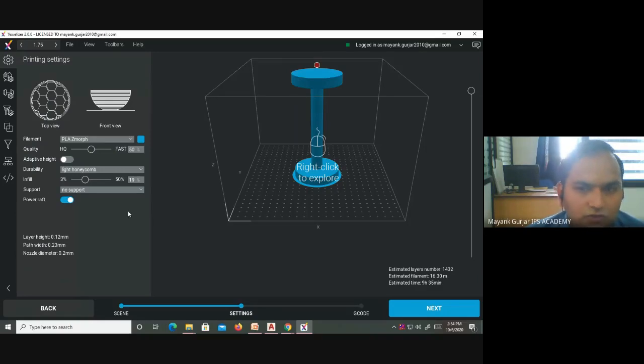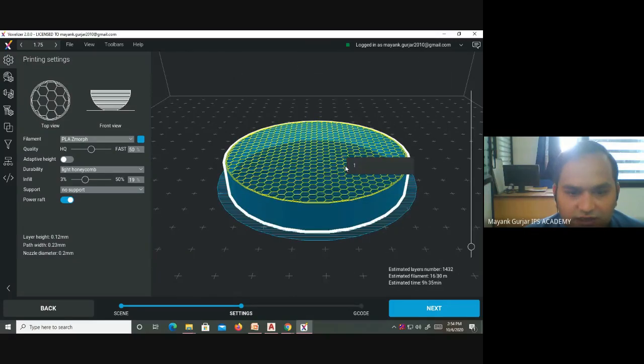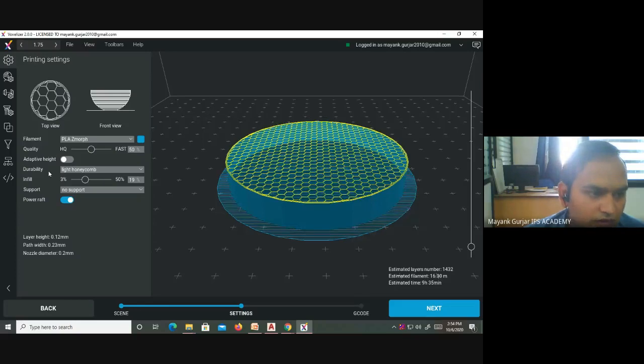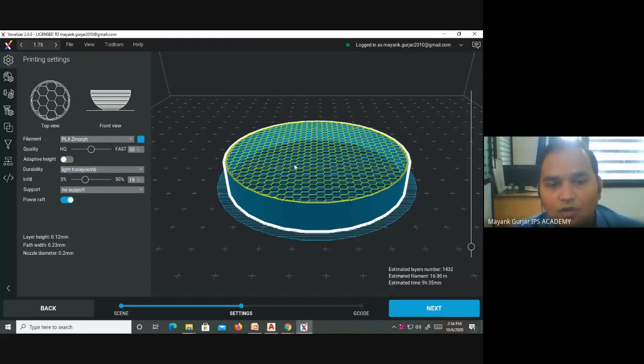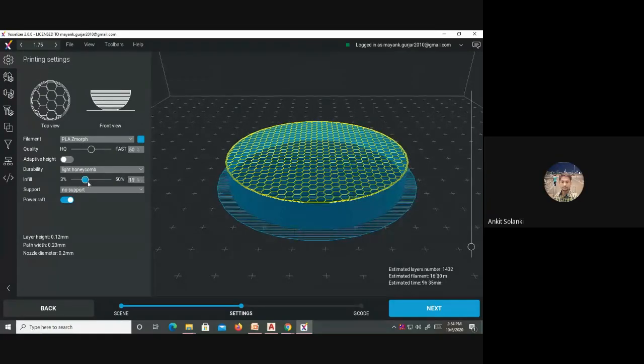Okay, so what we will do is check here how it will be printed. You can see here, and if we zoom in, you can see the structure, that is honeycomb. Light honeycomb has been selected, so we will get this type of structure inside the solid.